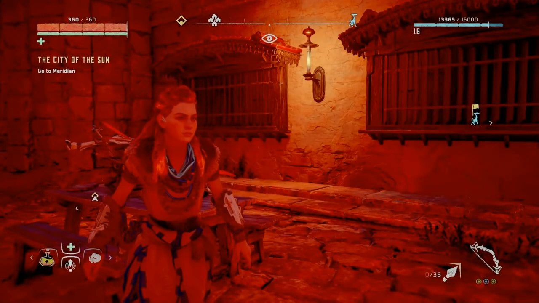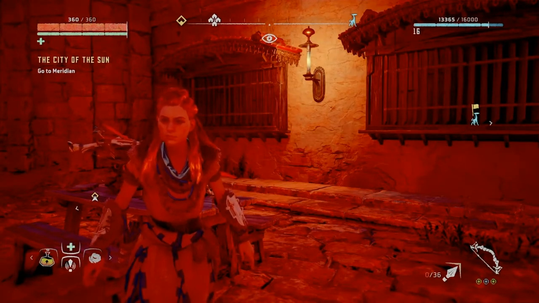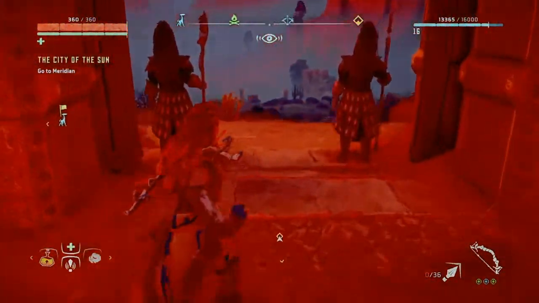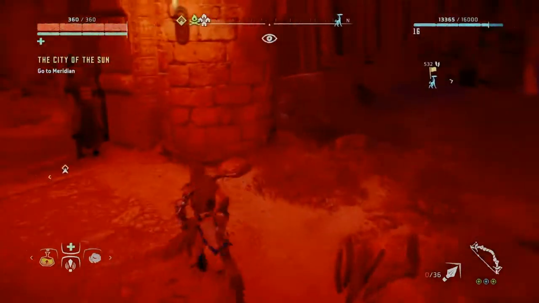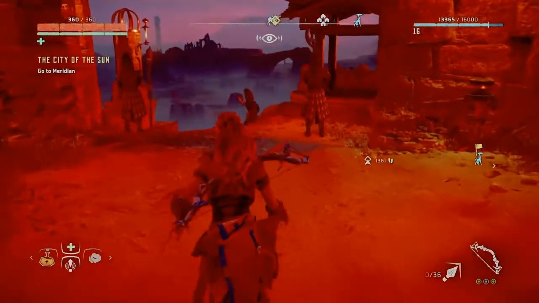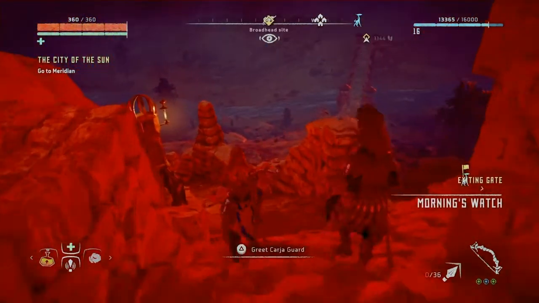Hello, hello, and welcome back to Horizon Zero Dawn as we continue to follow Aloy on her quest to discover her true origins. And here we are where we picked off from the last episode at the Day Tower, and we are going to continue on our journey to Meridian, where we will meet up once again with Olin and